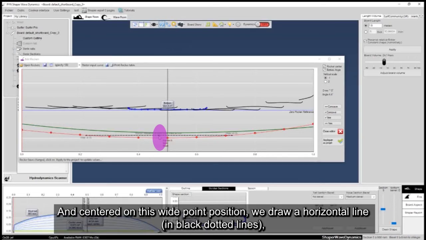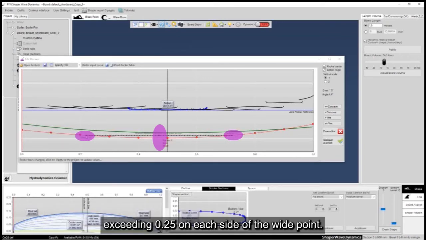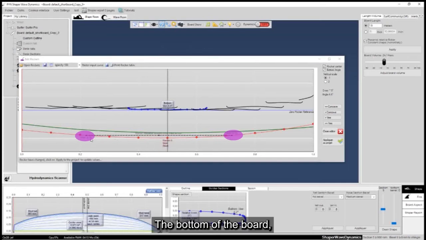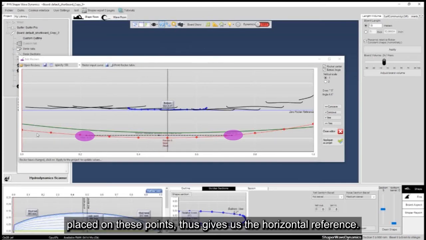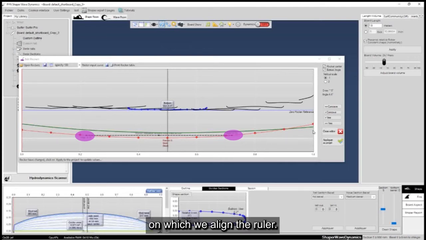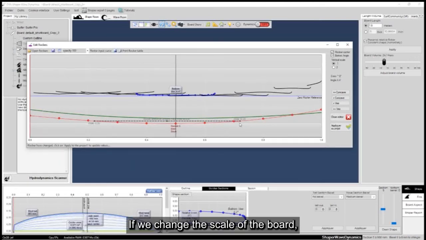And centered on this wide point position, we draw a horizontal line, in black dotted lines, exceeding 0.25 on each side of the wide point. The bottom of the board, placed on these points, thus gives us the horizontal reference, on which we align the ruler. If we change the scale of the board, our scaled rocker will still be valid.